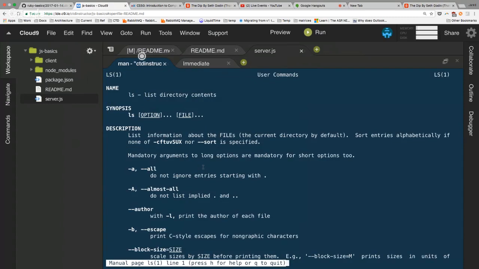What that's going to do is open up the manual for this ls command. You can also Google these, man ls, and you'll get a lot of information about it on Google, or just Linux ls. But this will give you right there in your terminal information about ls. Oh, ls is list directory contents. And to help you read this out,